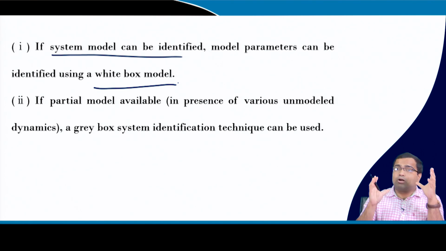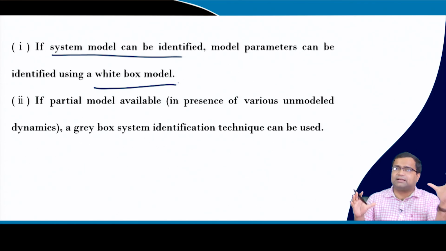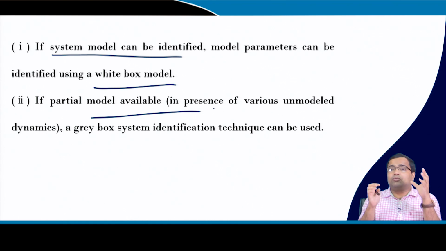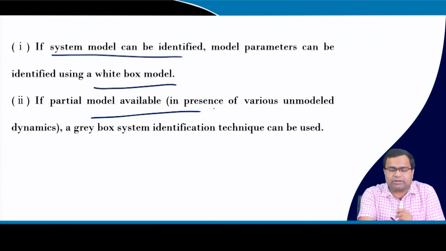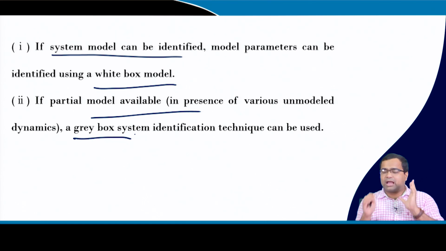When the model is available, you can try to match the model or identify the exact parameters of the model from the measured data. But it may so happen that sometimes the system is only partially known, because there are a lot of unmodeled dynamics, for example ESL effect, parasitic effect, trace resistance effect, or some additional delay which may not be directly measurable. If partial information of the model is available, then we can use something like a gray box model for identification.